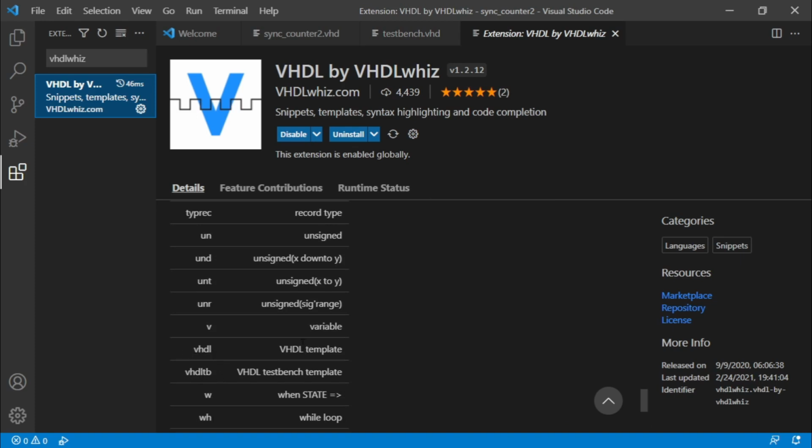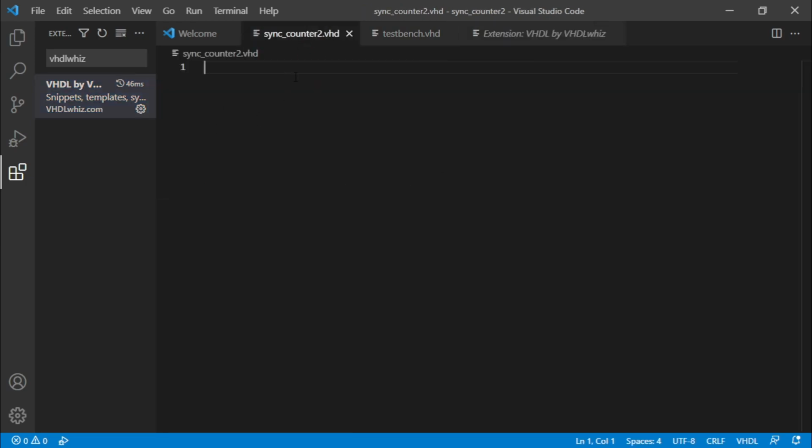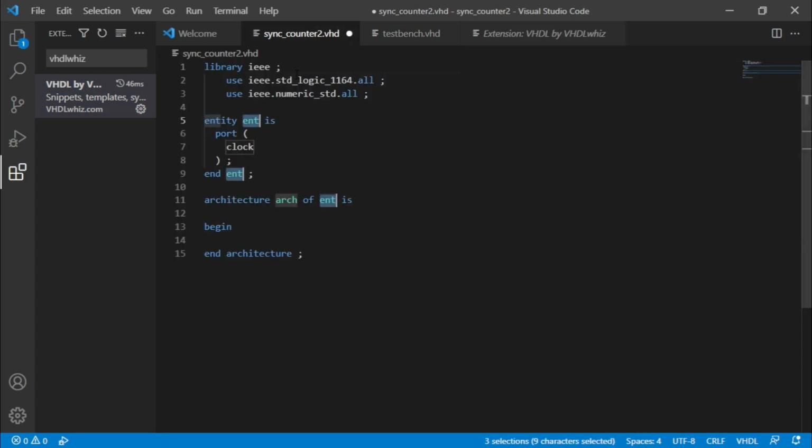So VHDL is a VHDL template. VHDL TB is a VHDL test bench template. So this is our empty file here. If I just simply type VHDL and I press enter, it's oh, sorry, okay. Is this the one? Yes, okay, so no, this is not actually, so this is another